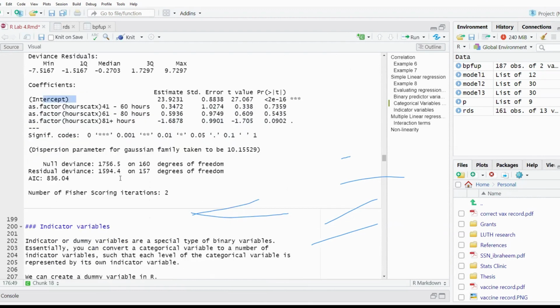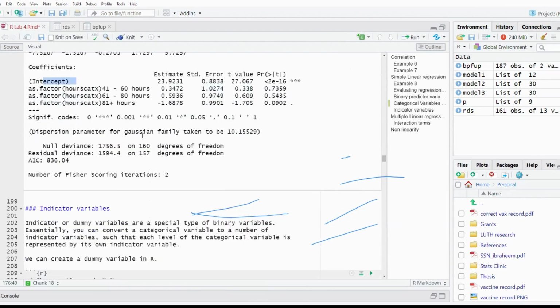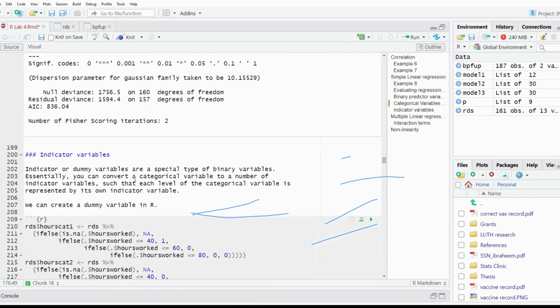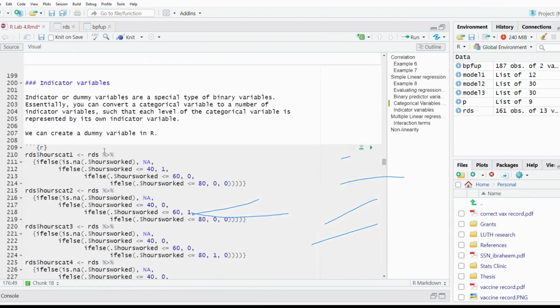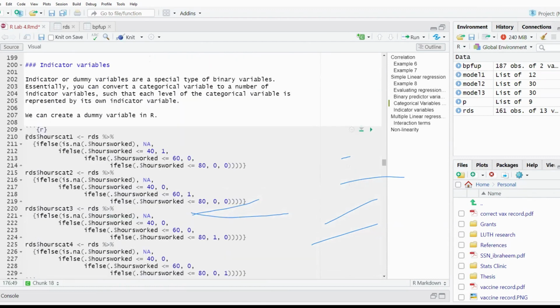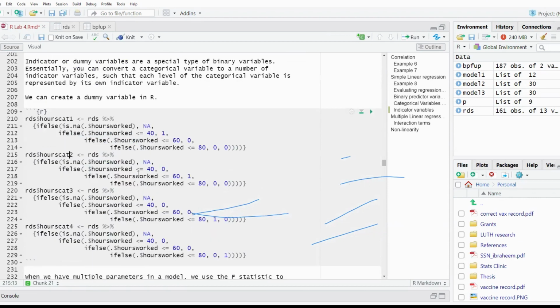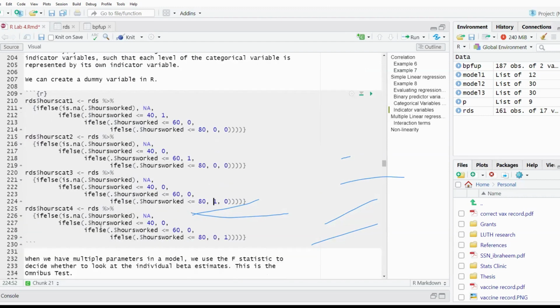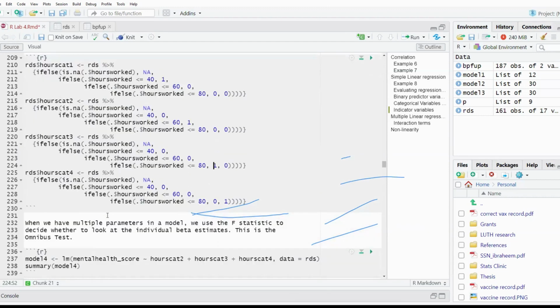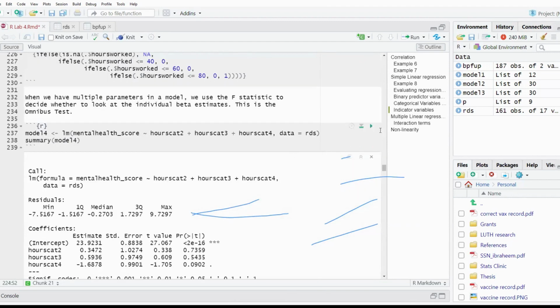So sometimes we can model categorical variables as indicator variables, dummy variables, where we create many variables which are essentially dichotomous variables where you're either 0 or you're 1. So if you have 4 variables like that, 1, 2, 3, 4, which correspond to the groups that we saw earlier, if you run this model here,